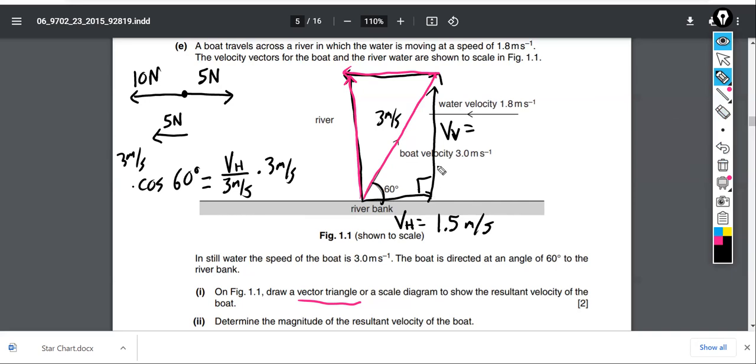The vertical component could be solved using the sine function, right? Because it's opposite this angle. So I could remind myself that the sine of some angle theta, in this case 60 degrees, is equal to the side opposite that angle, in this case the vertical component of my boat velocity, over the hypotenuse, 3. And again, taking the sine of 60 degrees, multiplying both sides by 3 meters per second, I can solve that the vertical component of velocity is just sine 60 times 3, which equals